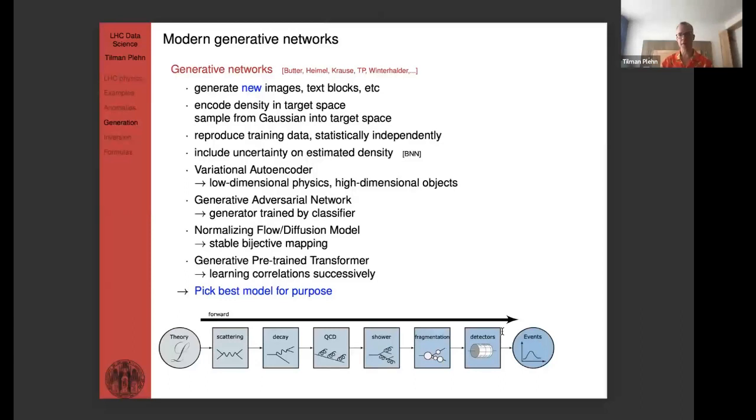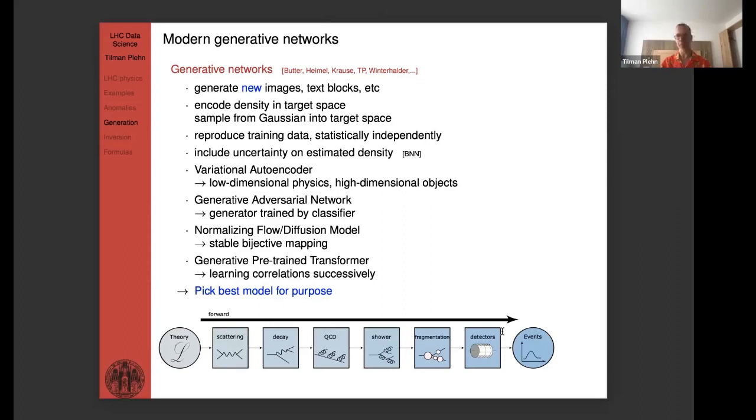So now there are at least four different standard architectures for generative networks, which are variational autoencoders, GANs, normalizing flows / diffusion models. So normalizing flows, a natural extension of them is so-called more modern diffusion models, and you're going to hear about them. And then generative transformers, so generative pre-trained transformers, so GPTs.